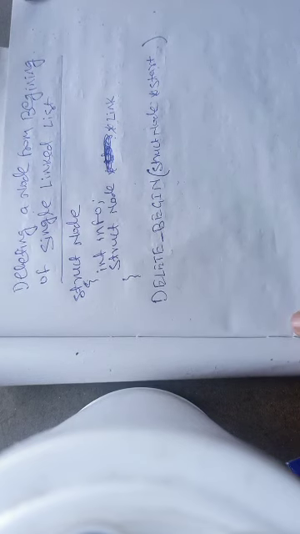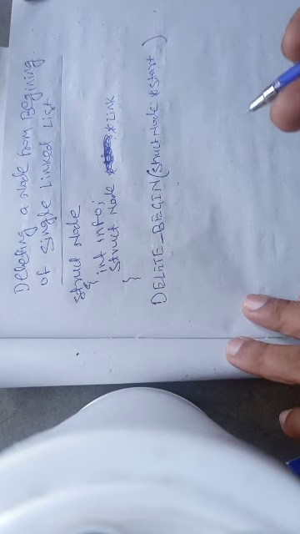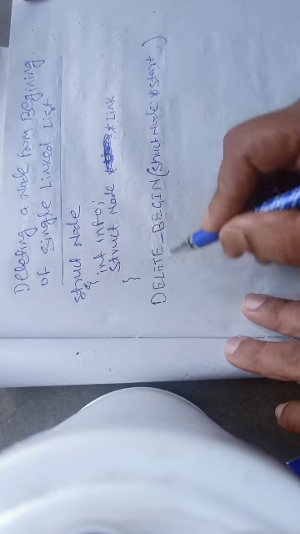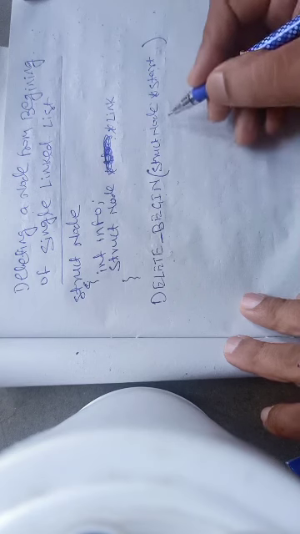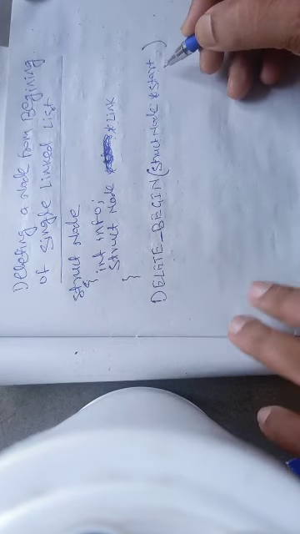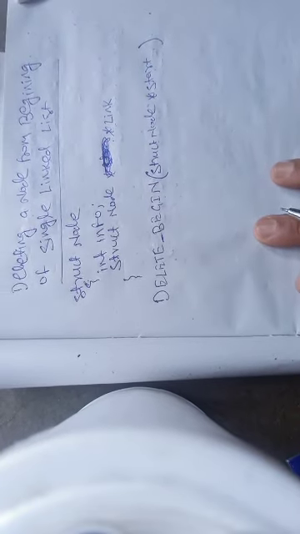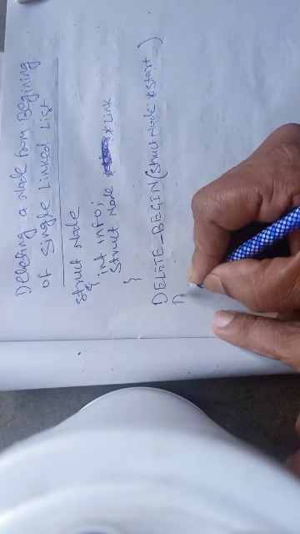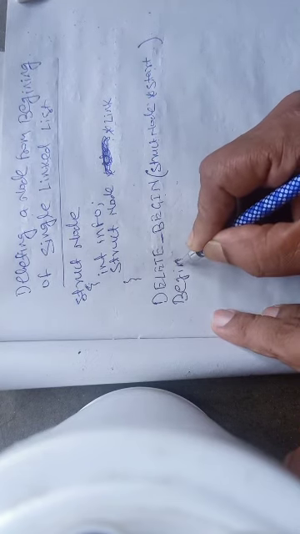Now the name of the procedure which removes the node from the start of a linked list is delete underscore begin, means it will remove the first node, and the parameter is struct node asterisk start, where start contains the address of the first node. So these are the things we all know. Now we shall write the procedure. So this is the begin, meaning beginning of the procedure.